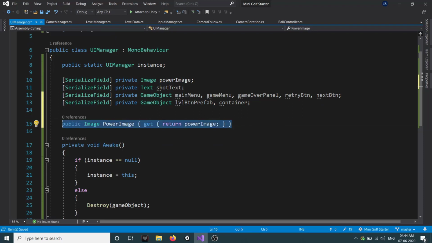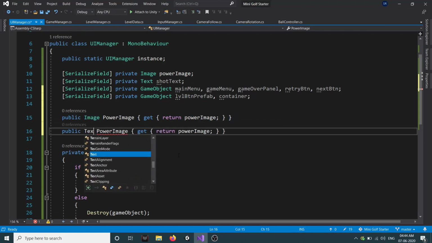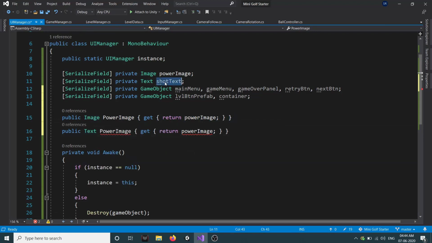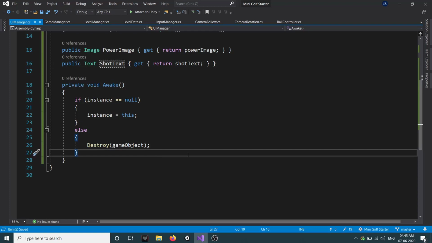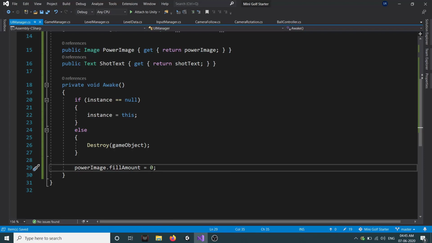Let's copy this and paste it here, and instead of image it will be a text, our short text, and we are going to return our short text. So in awake, our power image fill amount will be 0. We just want to make sure that at the start of our game our fill amount is always 0.